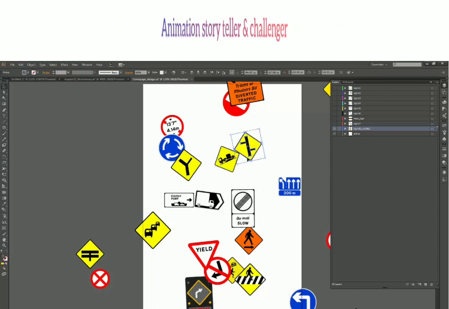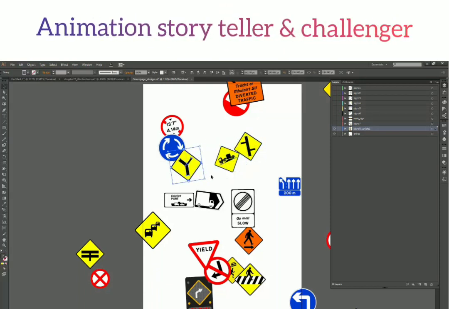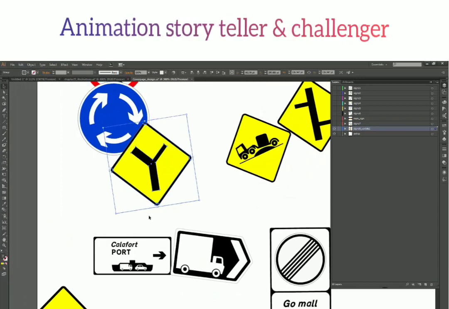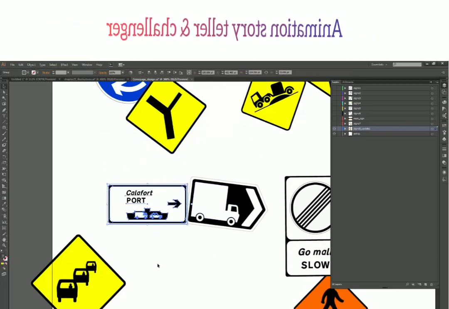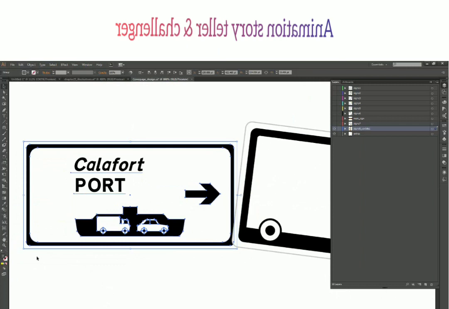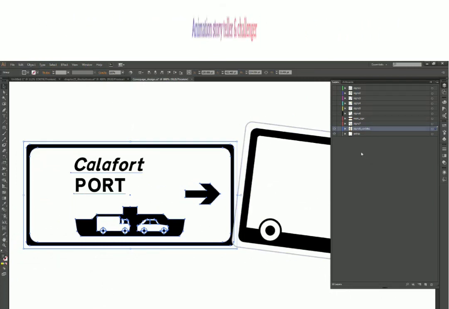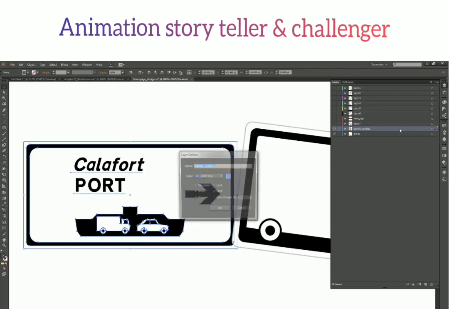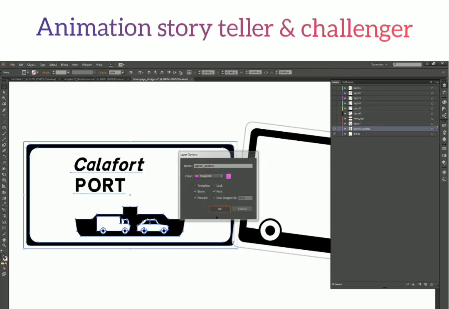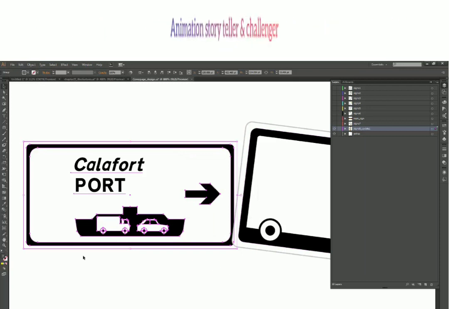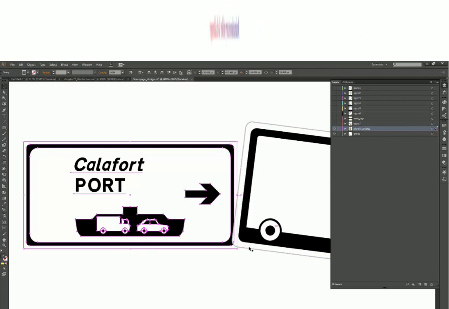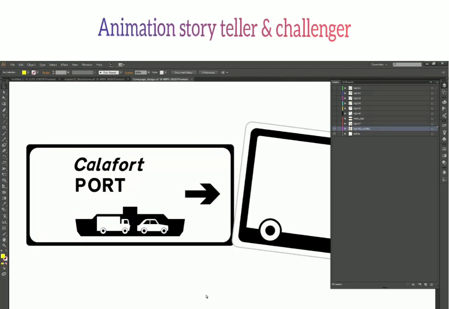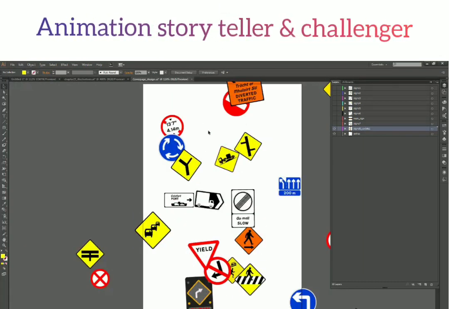Now you can notice whenever I select anything on this layer, I have this blue color bounding box around it. So this blue color bounding box, and all the outlines which are visible are in blue. If I select this white shape, you can see these outlines are all in blue and this blue bounding box. So it is this color actually. Let us change this to magenta, and there we go. We have our color changed, and now all the outlines are in a different color and the bounding box is in a different color.